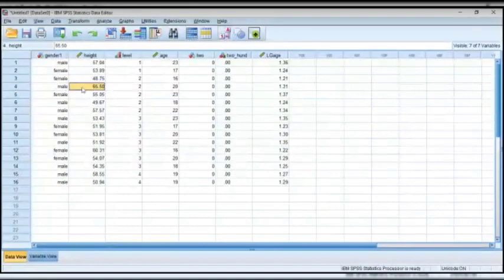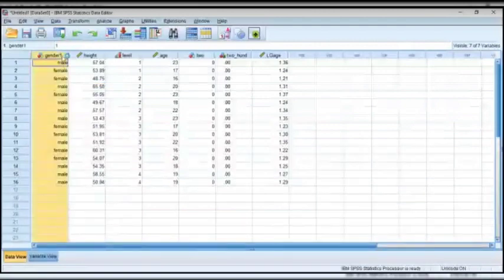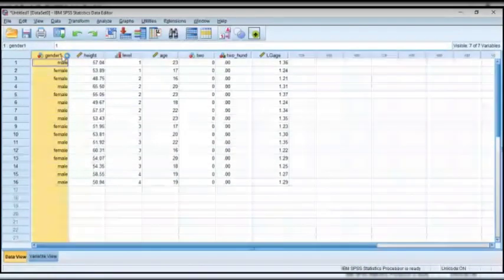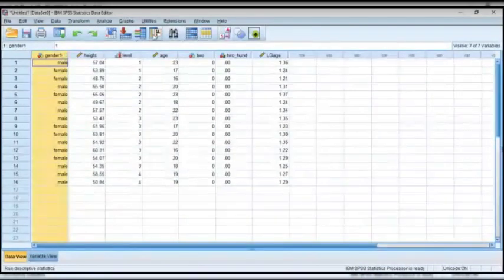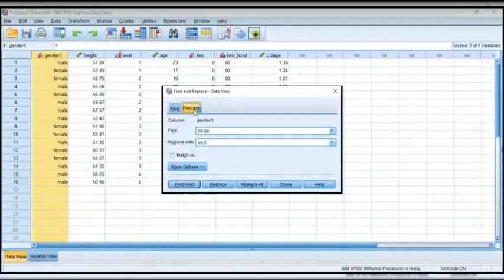Now, had it been that there was a mistake in this column, and what I'm supposed to have is boy instead of male, and I already have thousands of male, what do I do? Do I discard the data set, or do I start typing to change it one by one? No, you can easily highlight the variable, come to find, then find and replace.